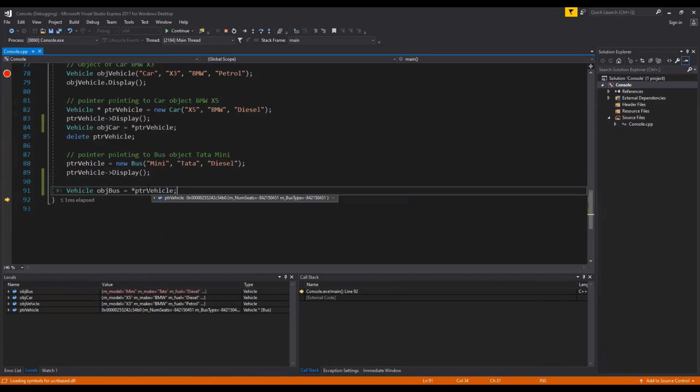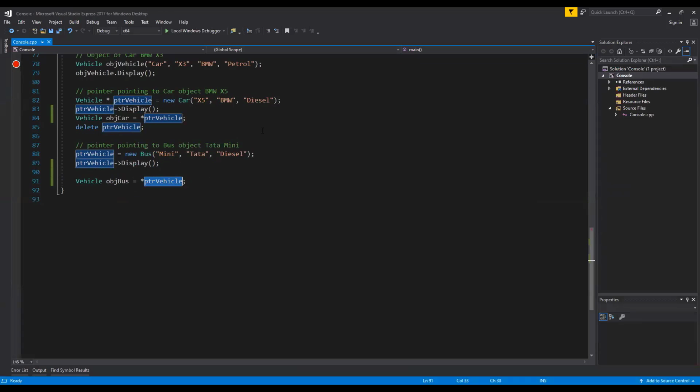You can simply identify the difference: to declare a pointer, you write a type and then an asterisk, vehicle star. To dereference it, we don't write any type; we write an asterisk and the pointer we want to dereference. This is the simple difference, and there is no need to be confused here.